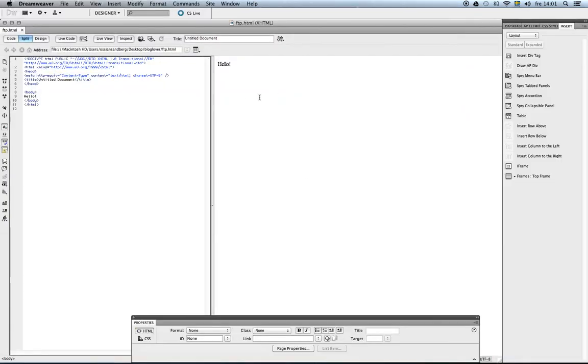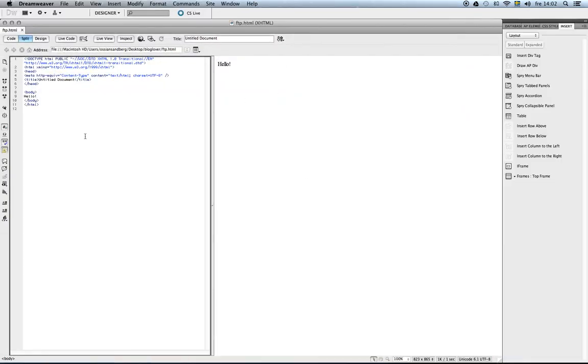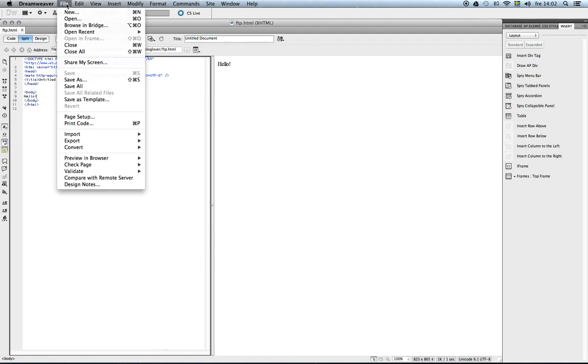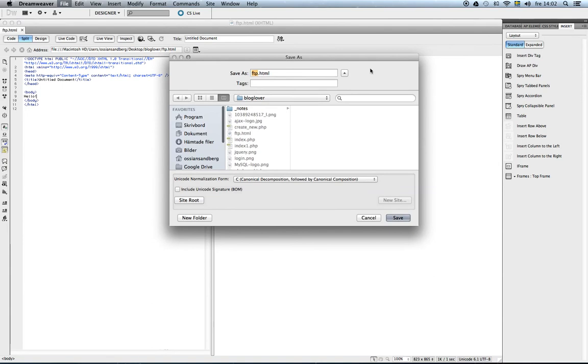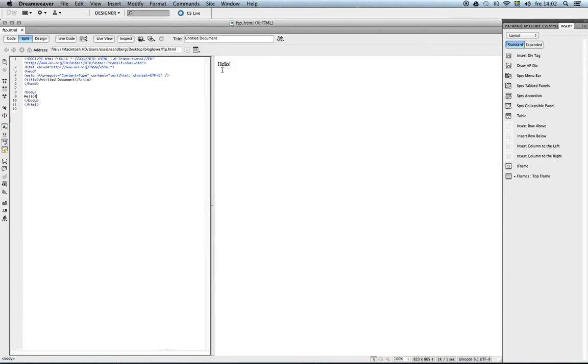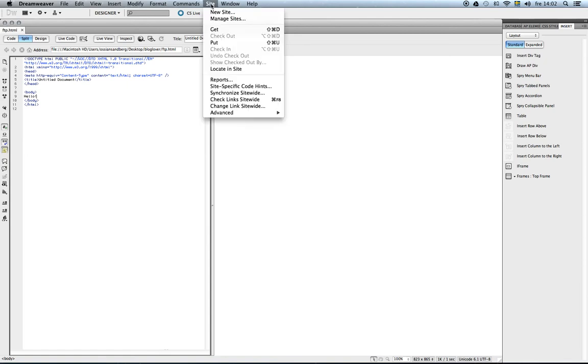We will go back to our Dreamweaver page to create a new site. So we have our HTML document, and you can just save it anywhere on your computer. And you go up to the top menu here, and you see you have a tab called Site. You tap this, and you can either create a new site, manage your sites, or if you already have a site, you can get or put this document. So for now, we enter a new site,